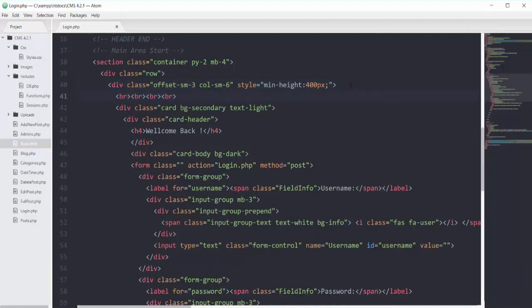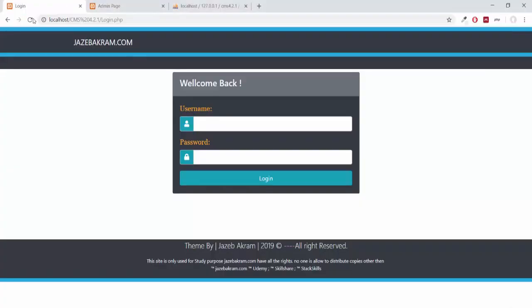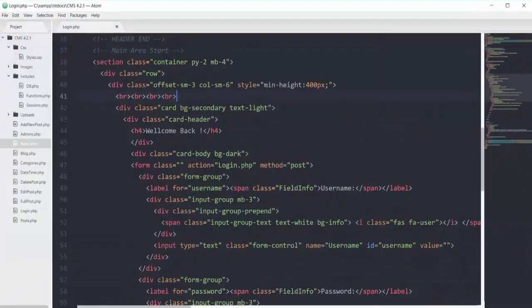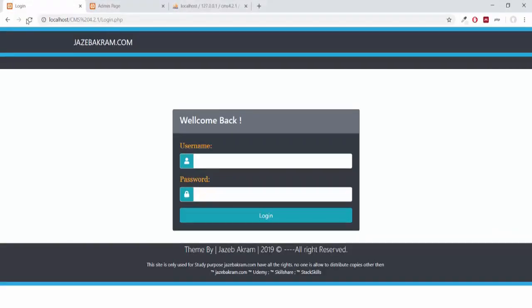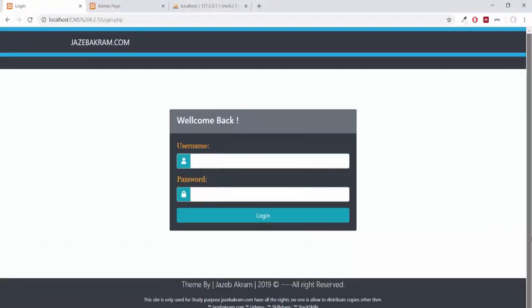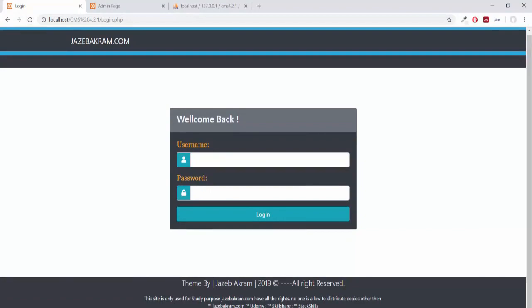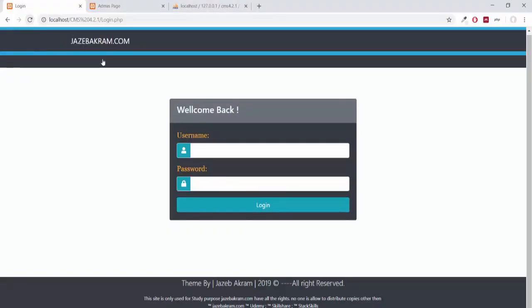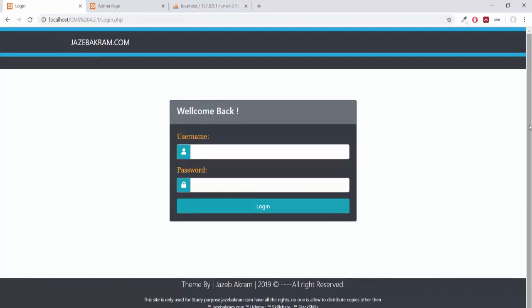So if I save this one and refresh my page, you can see we still need a couple of br tags, and instead if I go with the minimum height, so let's make it 500. So if I remove one of the br tags, now it's perfect. Now in the next movie we will add the PHP to this login.php page.